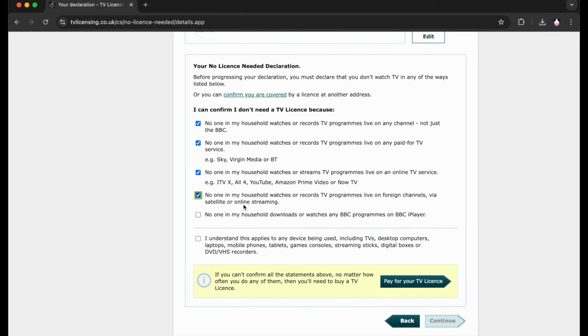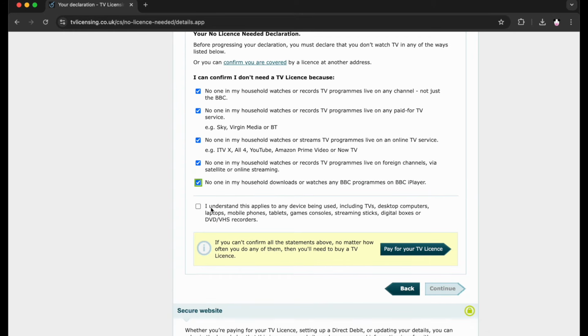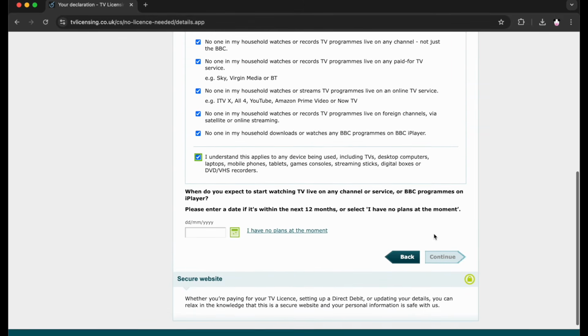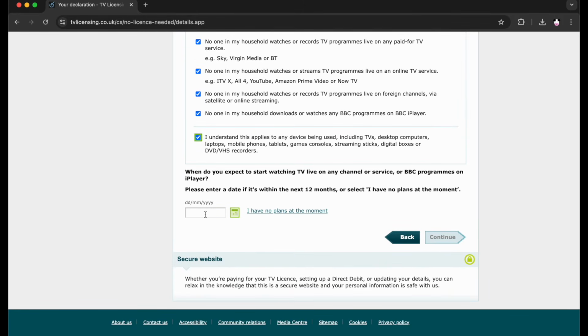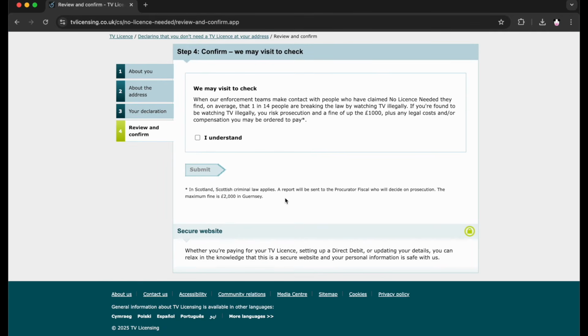Then once you've ticked them all, you'll be able to see a link that says on the bottom part here, once I've ticked the final box, it says something similar to I have no plans at the moment when asking if you want to have potentially a TV license in the future. They've made it very laborious to go through and do things like that. But once you've clicked that, then clicked on continue, then that will take you to essentially the final step where